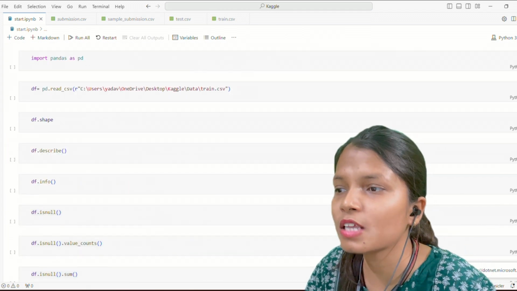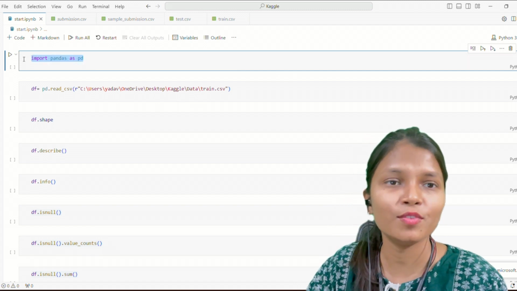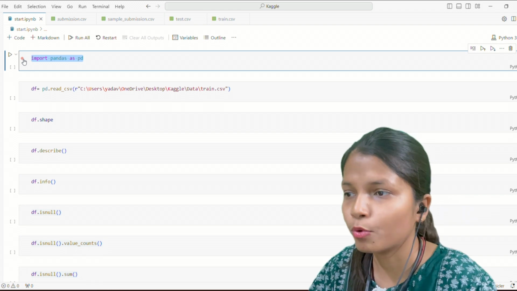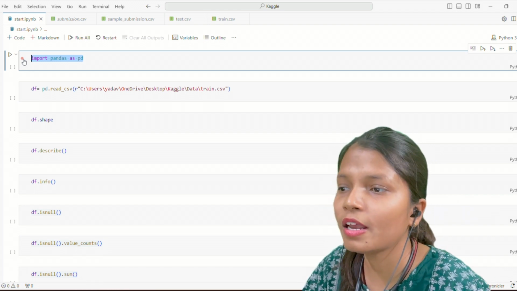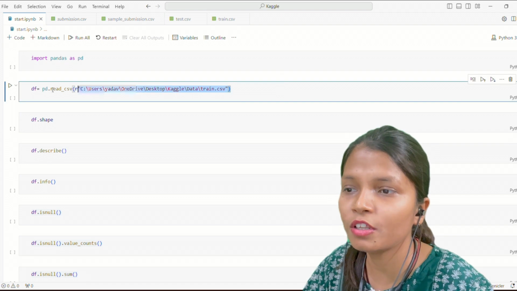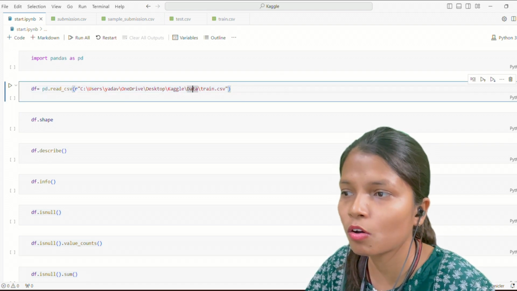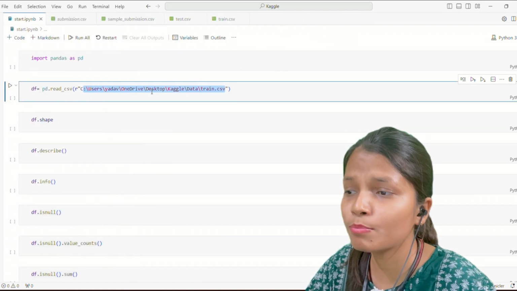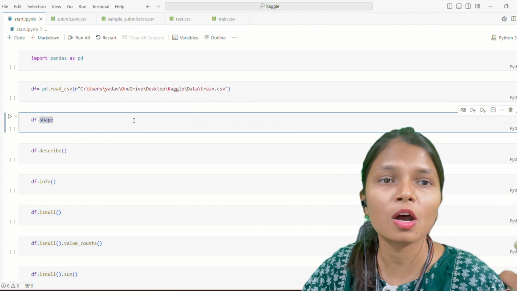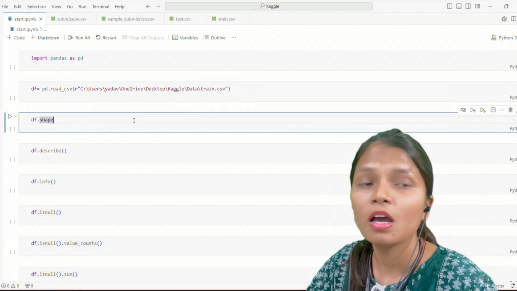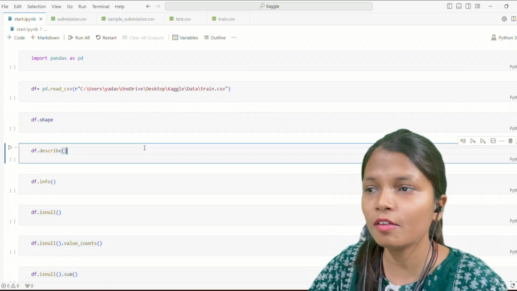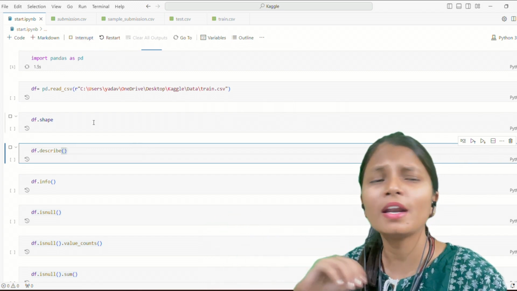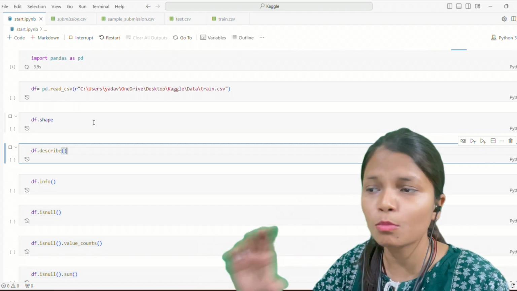First, I need pandas for this purpose. Obviously, in the starting we are going to work on the data, so for working on the data, I have started with the pandas import. Then I have done read_csv to read the file which I have. I used the copy path method to add the path of this, and then I'm checking the shape of the data, that is how many rows and columns we have. Then I'm doing data.describe. It means I'm getting info about the data, what the data includes, what the minimum value is, and everything about the data, basically a small summary.